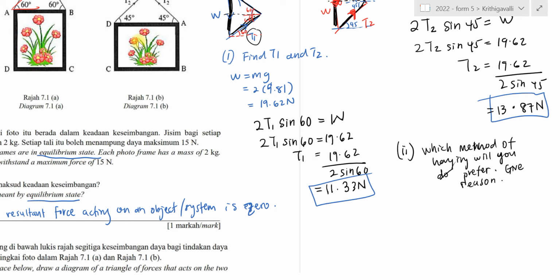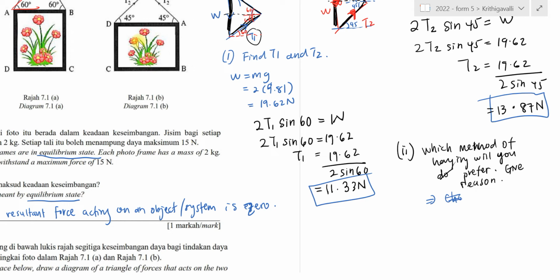So we must make sure the T1 or T2, the tension, is as small as possible, so that if the T value is too high, there is a high probability that the string will easily break or snap off. So in that circumstance, I will choose